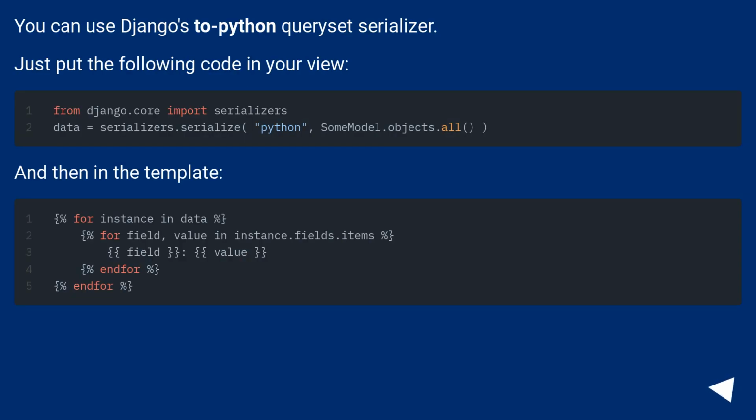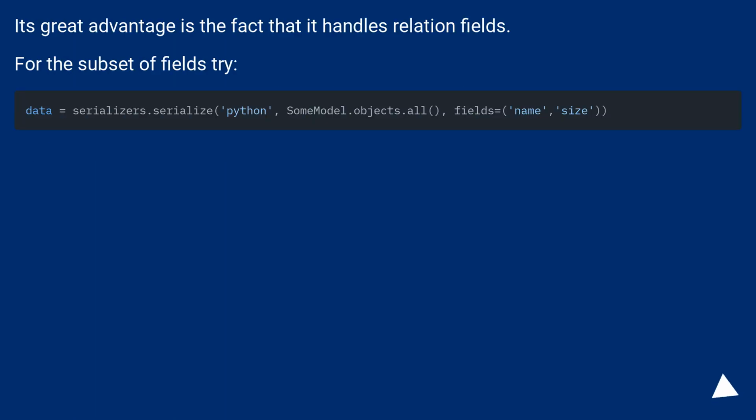You can use Django's to Python query set serializer. Just put the following code in your view. And then in the template. Its great advantage is the fact that it handles relation fields. For the subset of fields, try